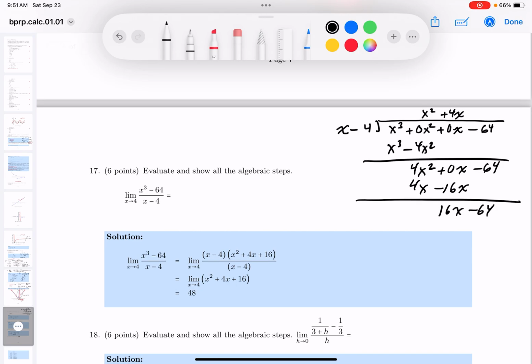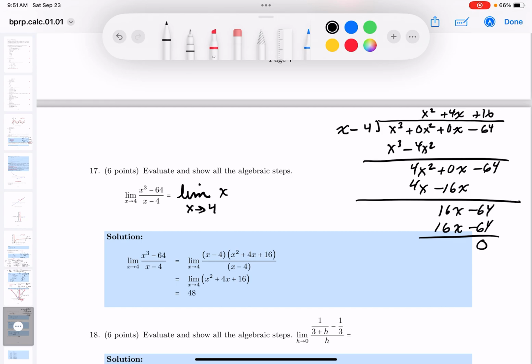What times x would give you 16x plus 16? So what does it give you? 16x minus 64. Subtract, you get 0, which is kind of remarkable. Let's write this down. There's nothing wrong with doing it that way. What did you find out? When you did that division, provided x is not 4, because you'd be dividing by 0, that limit says that,